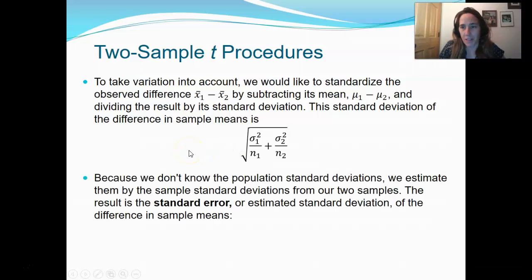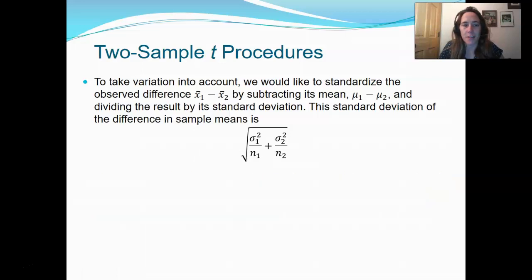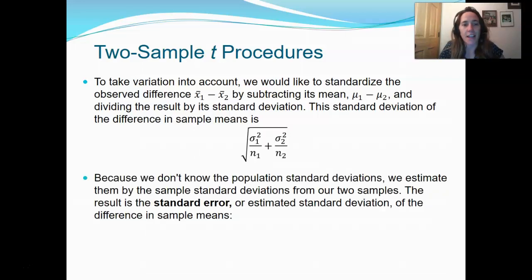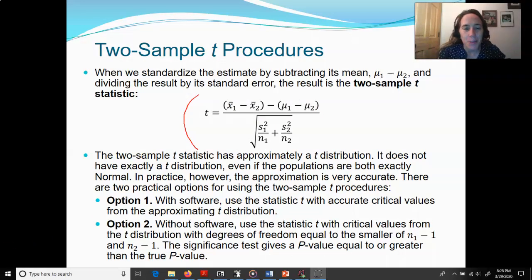Because we don't know the population standard deviations, as in Chapter 20, we estimate them by the sample standard deviations from our two samples. So the result is the standard error. The standard error of the difference between the two populations is equal to this, using the sample standard deviations. Okay, so if you recall how we did it in Chapter 20, to standardize,